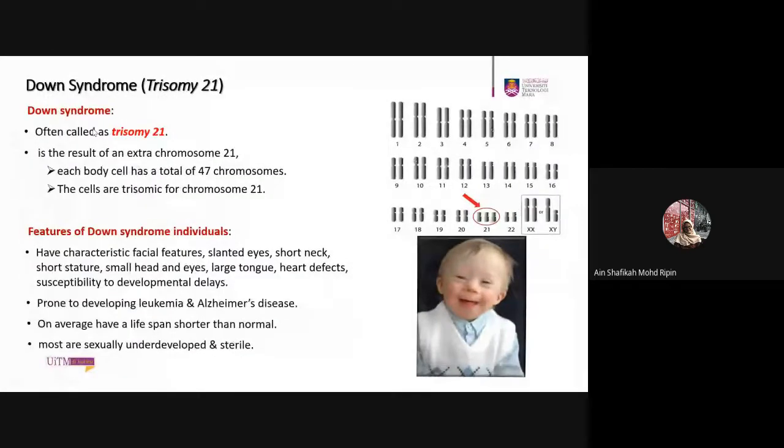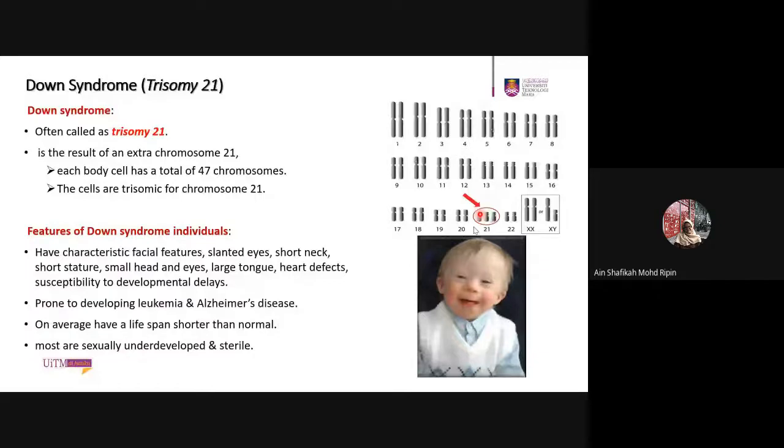Okay, so for Down syndrome or trisomy 21, so we have in our genome 23 pairs of chromosome. Yang ke-23 adalah your sex chromosome lah. Kalau lelaki XY lah, kalau perempuan XX. But at chromosome 21, you have an extra chromosome. Instead of only 2, you have 3. Okay, so Down syndrome ni kalau belajar detail genetics oleh